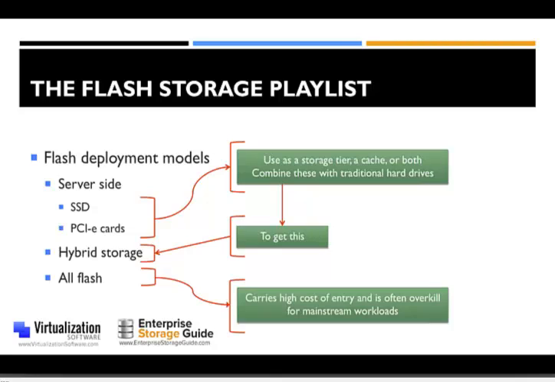But we've had Flash around for quite a while, but it's only the last few years that Flash has really become what we would consider an accessible storage device for the mainstream. And I do see Flash as very much a mainstream technology these days. There's a number of different deployment models where we can leverage Flash in different ways. We have the server-side model, which is an SSD or a PCIe card that slots into a PCIe slot. And this is basically local storage. You can use these however you like, and they can be used as a storage tier or a cache